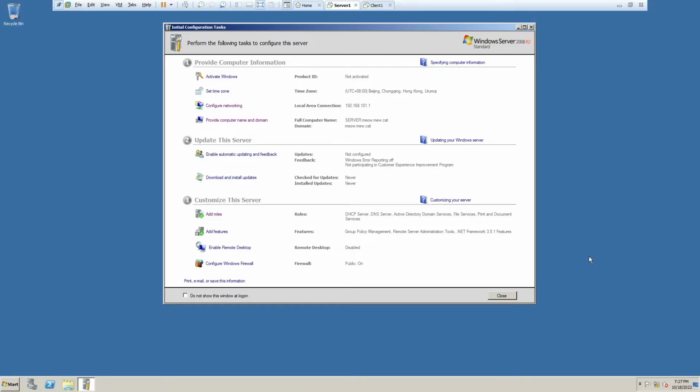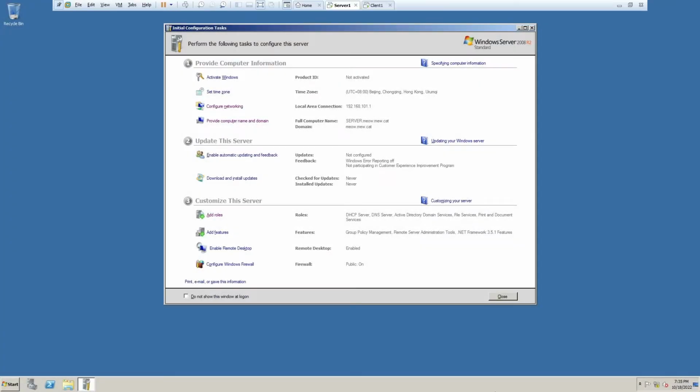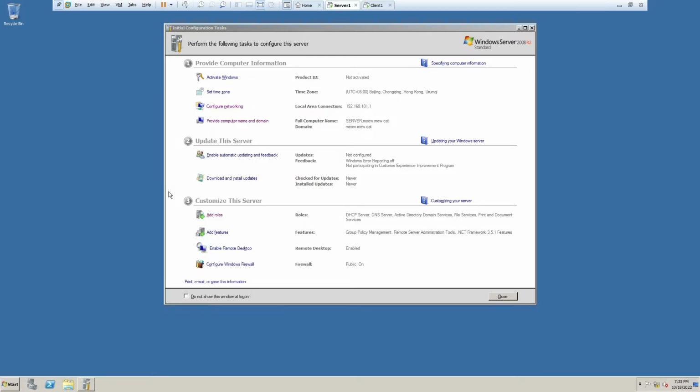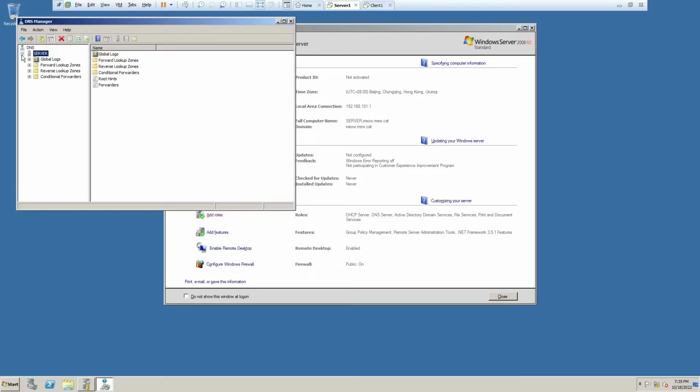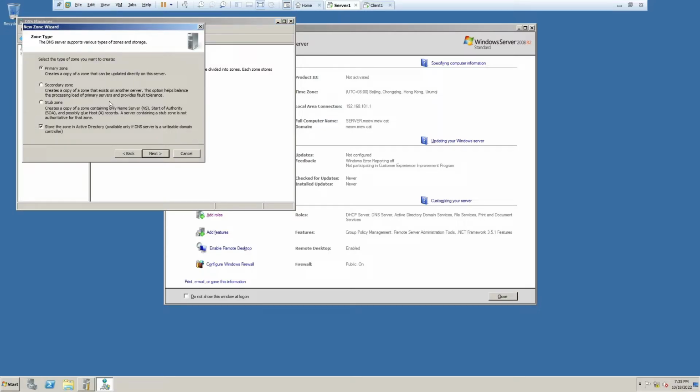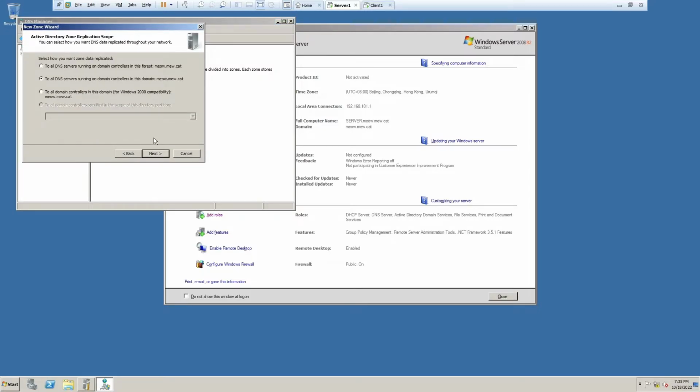sa ating server. Ayan, with all the services na need natin ilagay dito, ang need naman natin ngayon gawin is to configure yung DNS server natin or yung domain. So first, ang gagawin natin muna, punta tayo administrative tools, DNS server, reverse lookup zones, and then new zone. Lalagay natin dito primary zone. Next, IPv4 reverse lookup zone